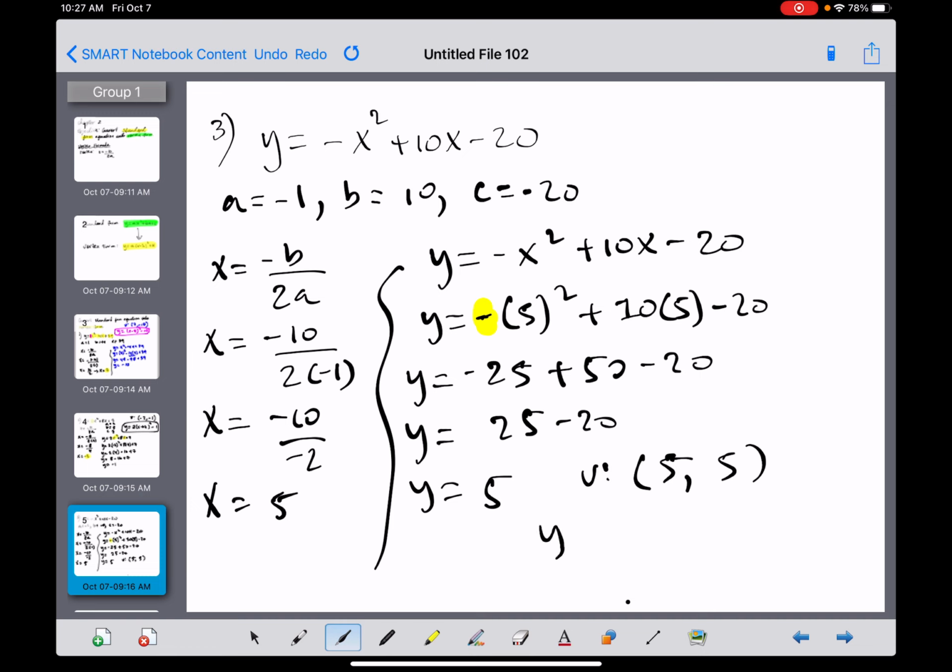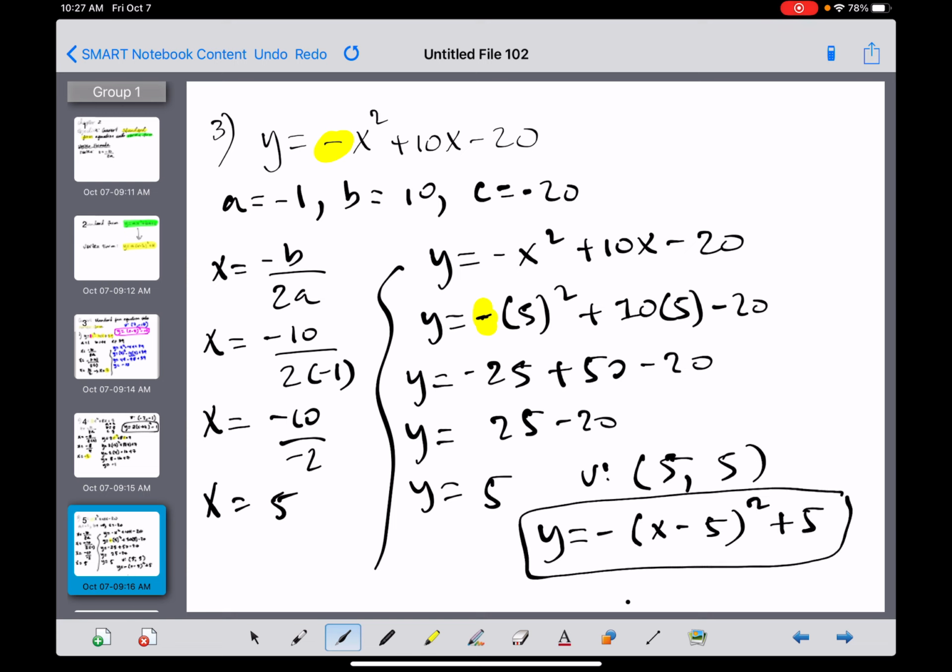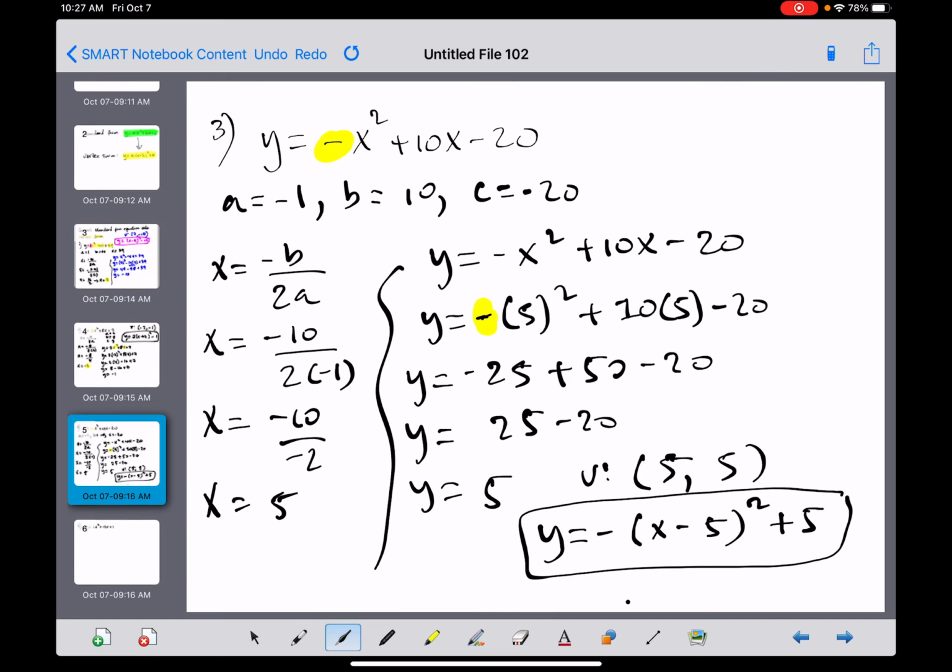So my final answer is a, right? But a is negative right here, negative 1. So it becomes negative, x minus 5 squared plus 5. Okay, let's move on to